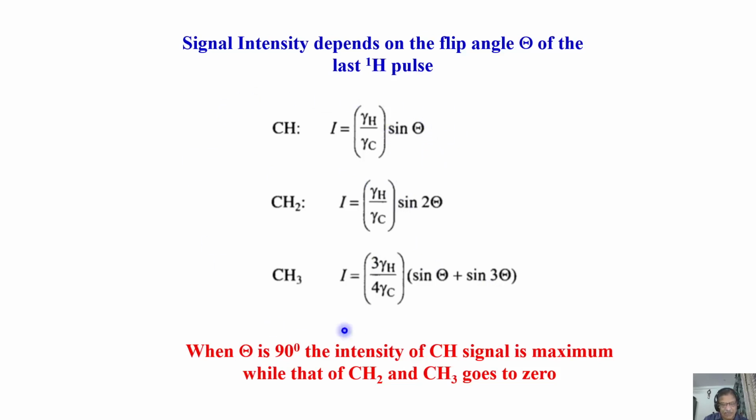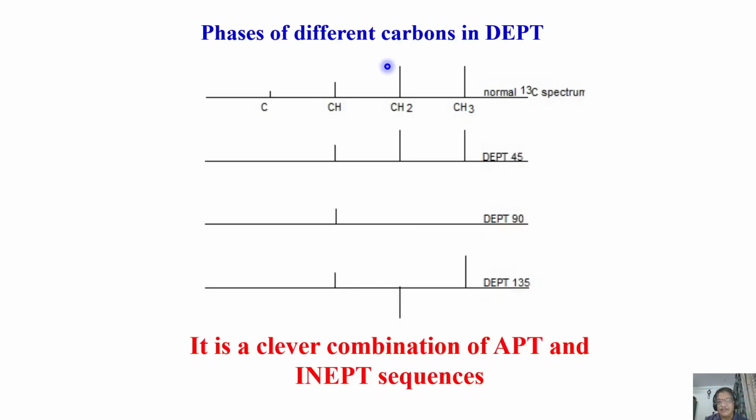So based on this theoretical understanding, how the intensity of the different peaks of different carbons attached to different protons vary as a function of angle phi, we know how we can edit the carbon 13 spectrum. This is an example of how we can see. I'll explain what is APT and INEPT later. It is called attached proton test and insensitive nuclei enhanced by polarization transfer. First, I have to explain to you polarization transfer. These are all methods to identify carbons also. We'll come to that later. Since DEPT is the most commonly used experiment, I am discussing this now.